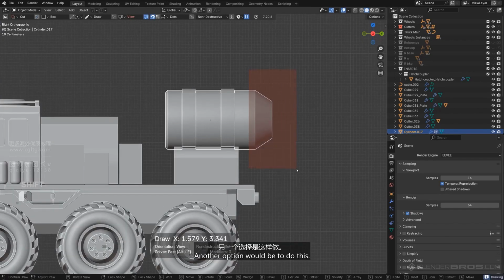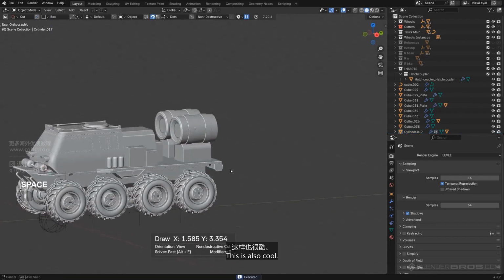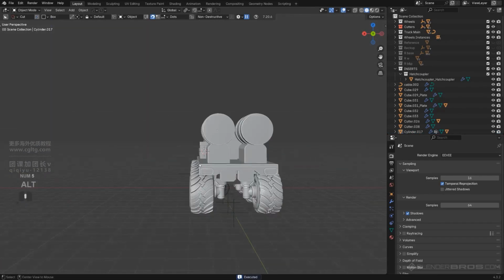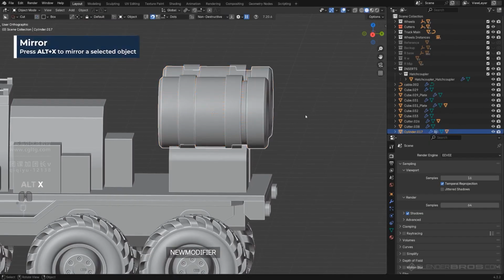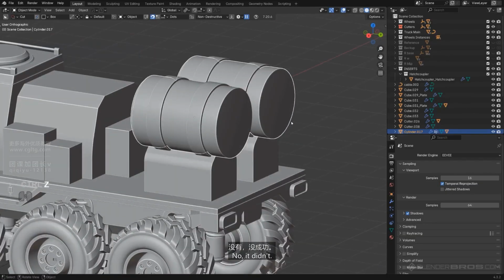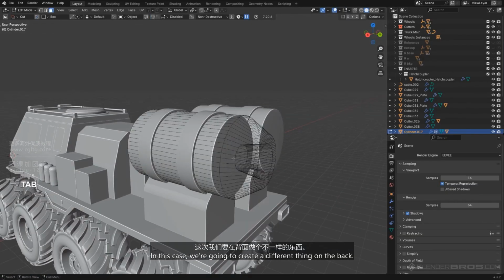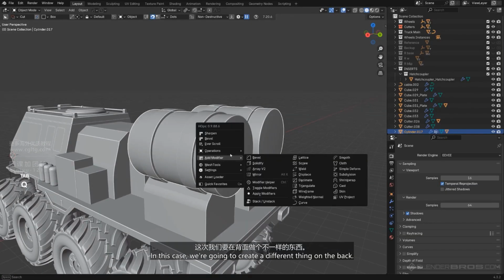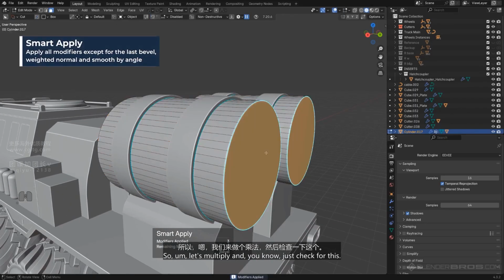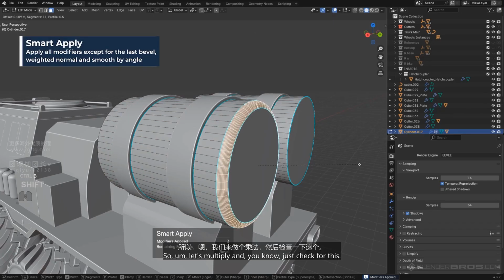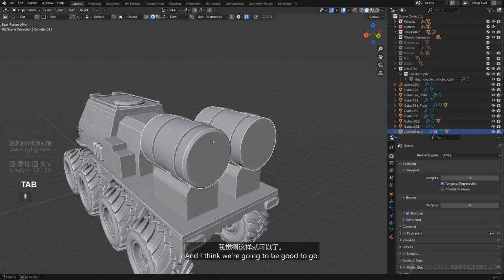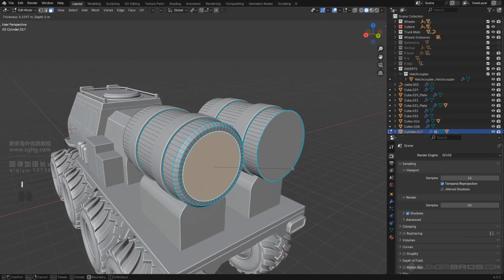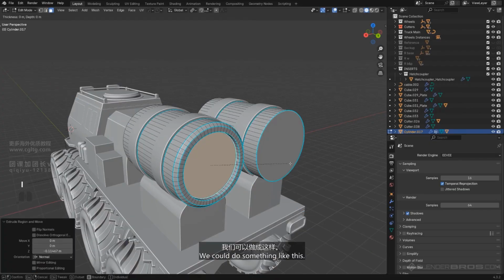Another option would be to do this. This is also cool. I think it might be even better. Kind of like barrels. Let me just mirror this. Did it work? No, it didn't. In this case, we're going to create a different thing on the back. So smart apply, and just chamfer this, and I think we're going to be good to go. We could do something like this,